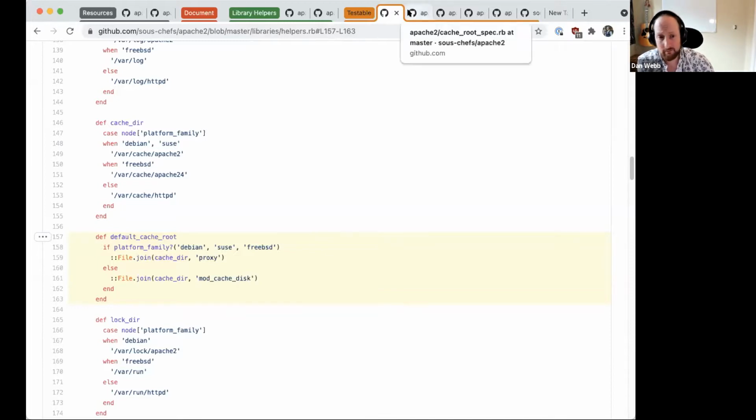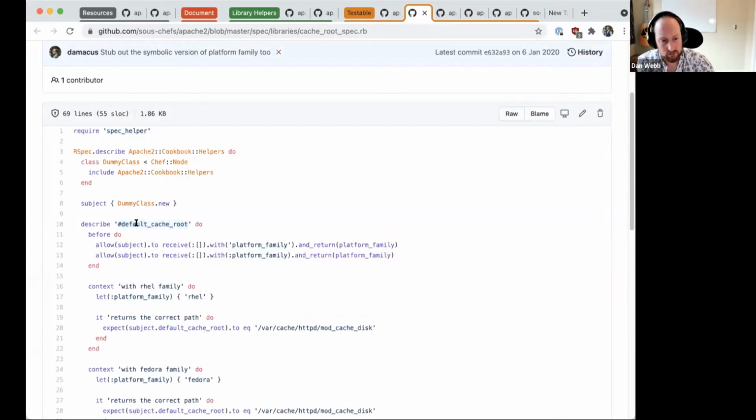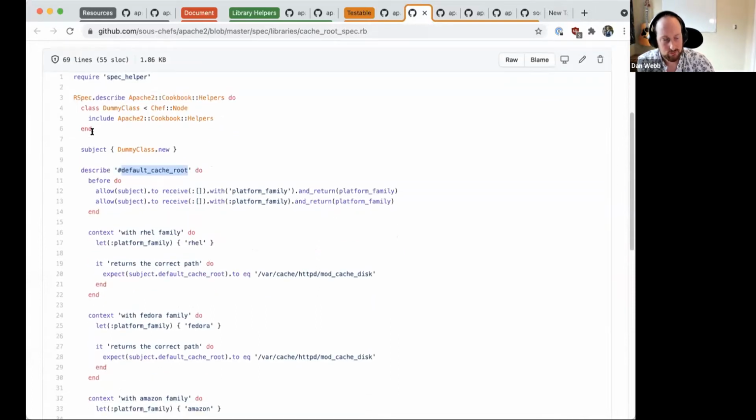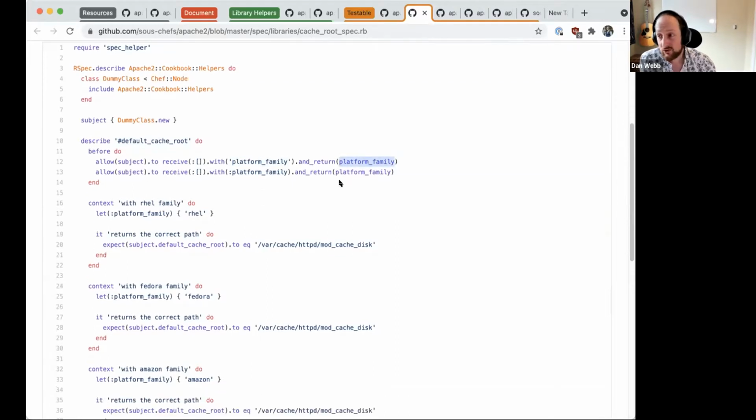However, this isn't the problem here, because what we can do is say default cache root. And before every one of these, so this is the usual RSpec standard, RSpec setup. Before each one of our tests, we receive the platform family method and return platform family, and we set platform family for every route. So when we're running with Red Hat, we set the platform to Red Hat, or RHEL in this case,